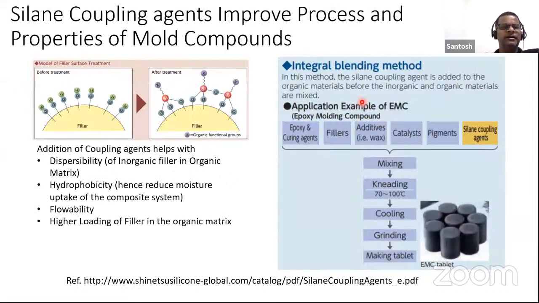Here I'm showing the so-called coupling agents. Basically, imagine this is the silica filler. Silica fillers have some OH groups on the surface, and silica fillers do not go so well with the organic matrix. So what happens? These coupling agents are in the form of silanes, organic silanes. So organic silanes tend to get